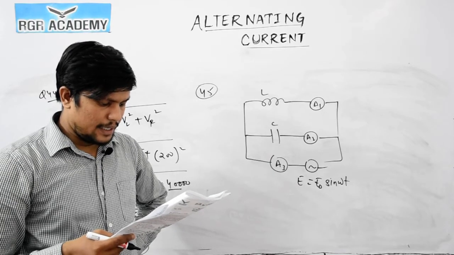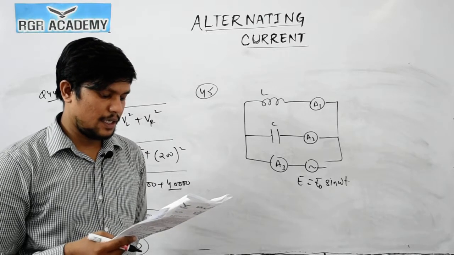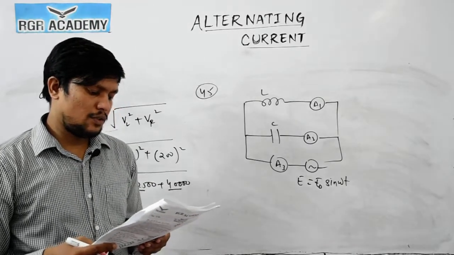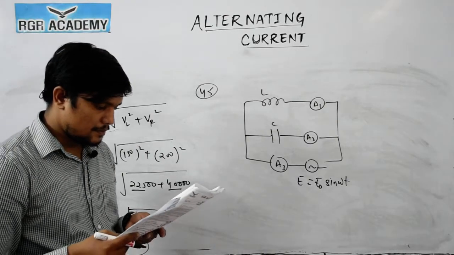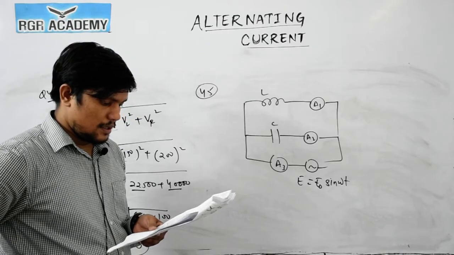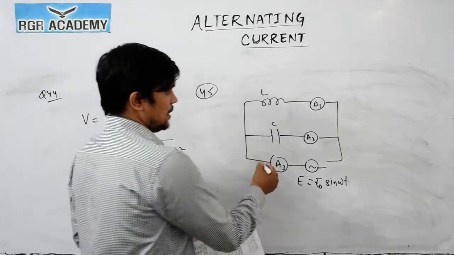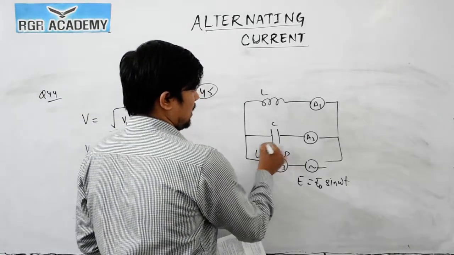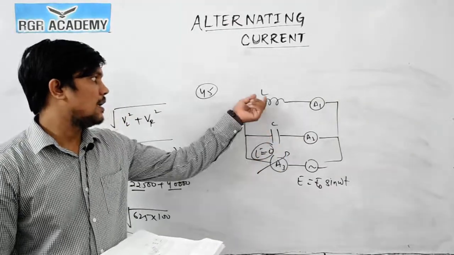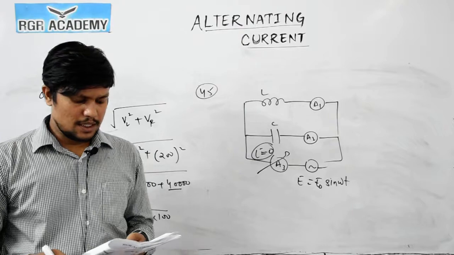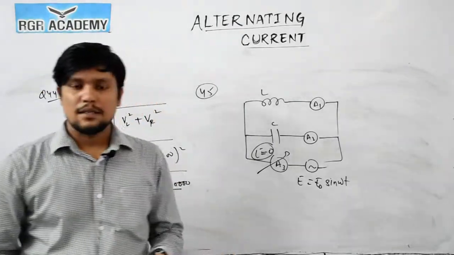An inductor L and a capacitor C are connected in the circuit as shown in the figure. The frequency of the power supply is equal to the resonant frequency. So if it is equal to the resonant frequency, XL will be equal to XC. So as we can say, in this branch current will be 0. So the reading of this ammeter will be 0 because it is in resonant condition. This is a parallel LC circuit. So the answer is A3 will read 0 ampere. So the answer is A3. Clear? Thank you.